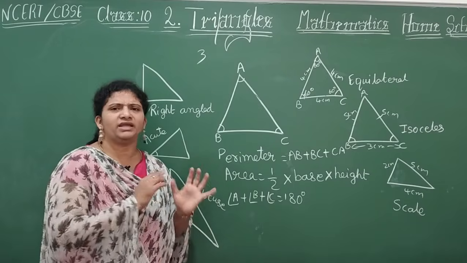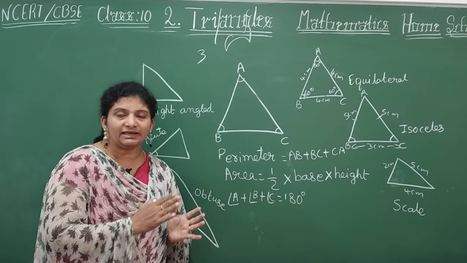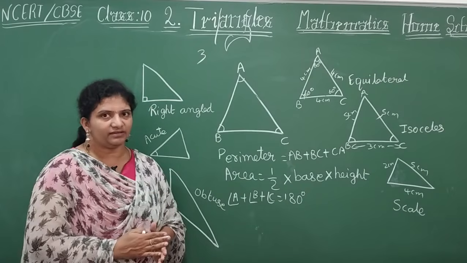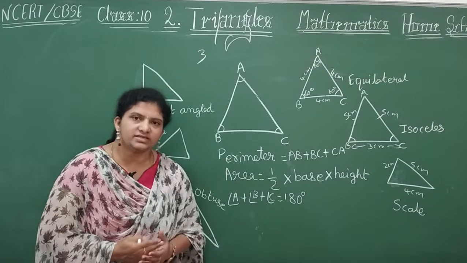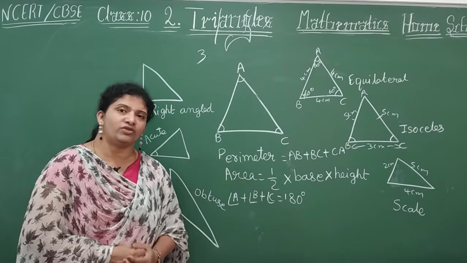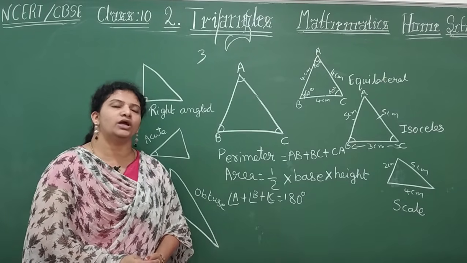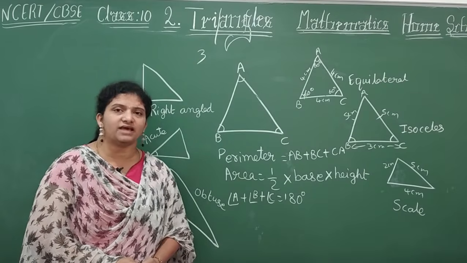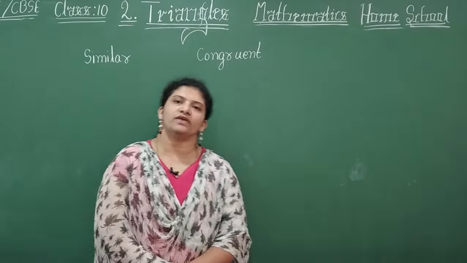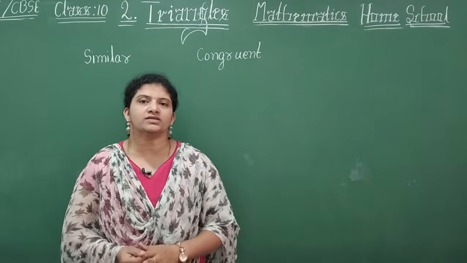So here, children, many types of triangles we are going to come across. Regarding the angles, corresponding angles and corresponding sides, we decide the triangles. Now in this chapter, we are going to take a pair of triangles. Pair of triangles means 2. If we consider 2 triangles, we are going to compare their angles and their sides and decide whether they are congruent or similar. We are going to discuss first what is congruency and what is similar.